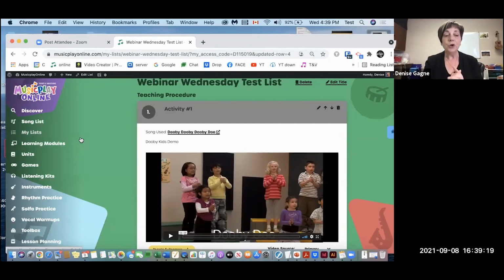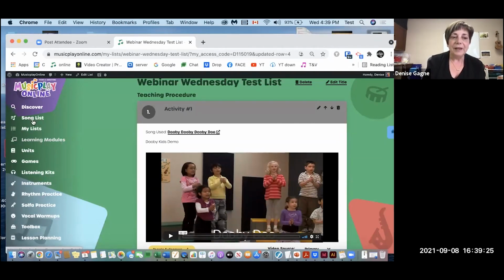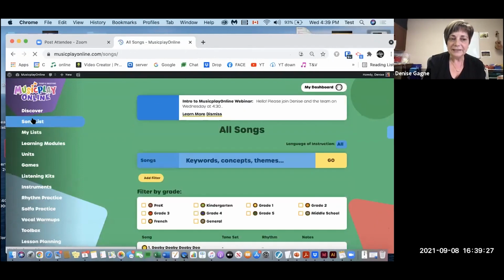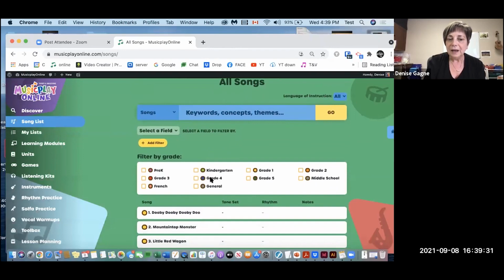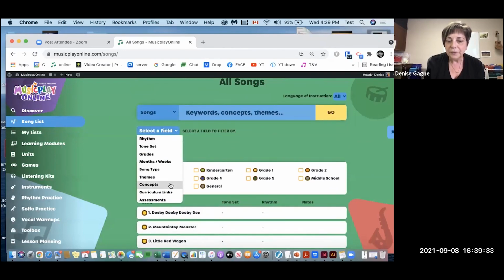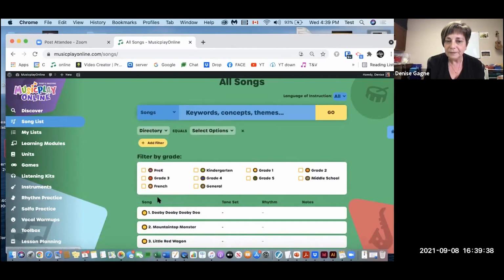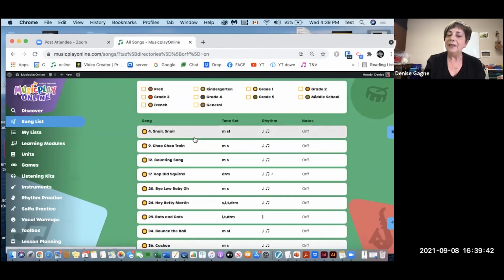Now, I know a few people who did Orff levels this summer, and that's how they would like to do their lesson planning. So if you go to the song list and you add a filter, I'm going to go to the directory. I have to scroll down. It's all the way at the bottom. And then I'm going to look for Orff arrangements. Then I can find Orff arrangements by grade level. So if I look in grade 1,